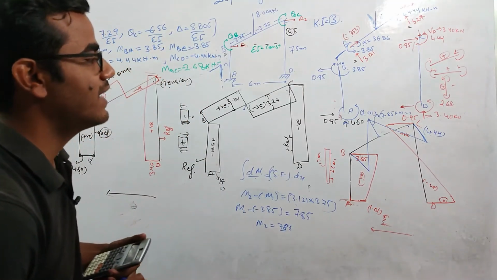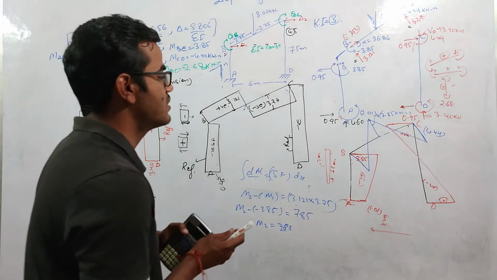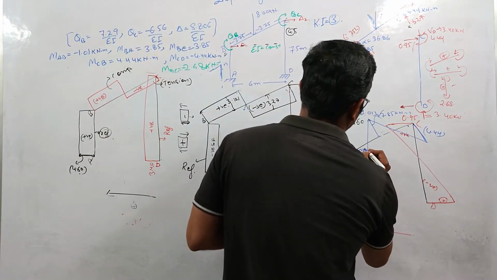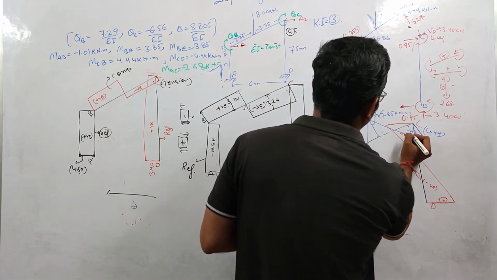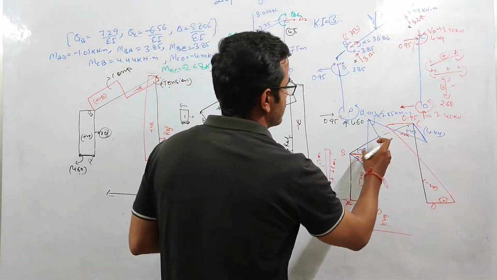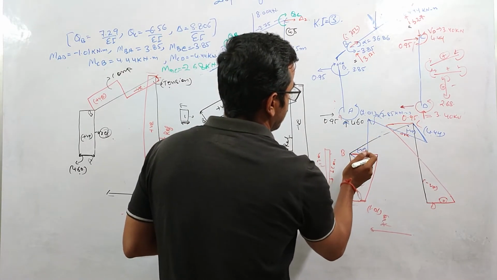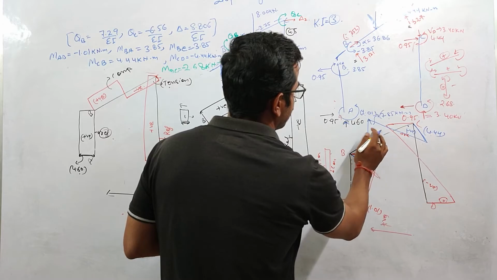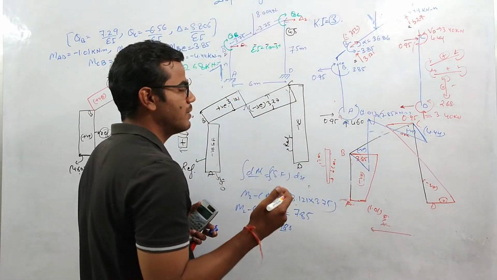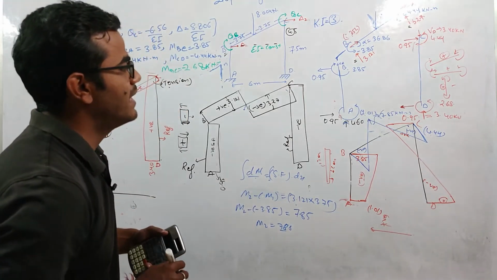So this is the bending moment diagram for this frame, right? Again, you can see that these portions are negative. Negative means below as per our direction. This side is basically showing compression. This side is basically showing tension. These are basically showing the compression side, because bending moment is drawn from the compression side, right? So this is the bending moment diagram.